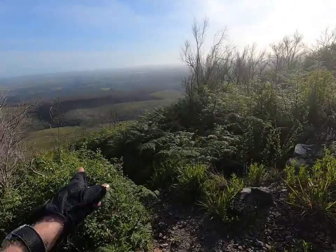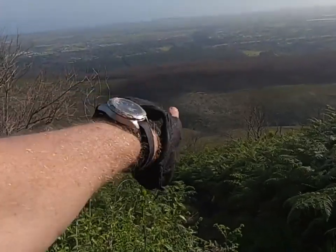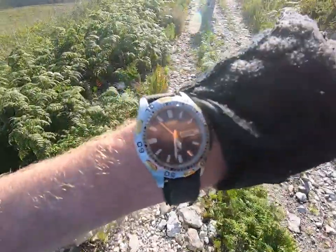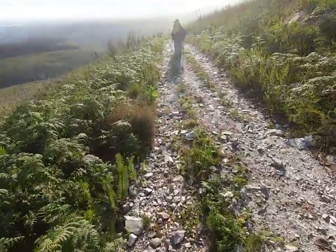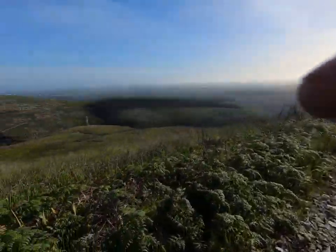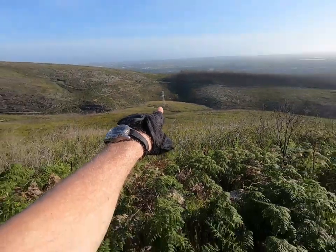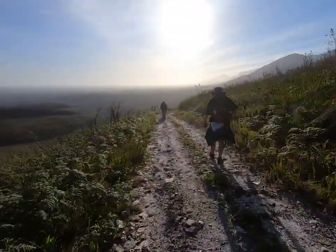Okay. And then you head down the track and you go for the pylon, and then to the left down into the valley, and then you should be good. It's just past 5:30 on my watch, and it can be a little bit tricky if you don't know where to go. The idea is to head down to that pylon over there, but how to get there along this track,